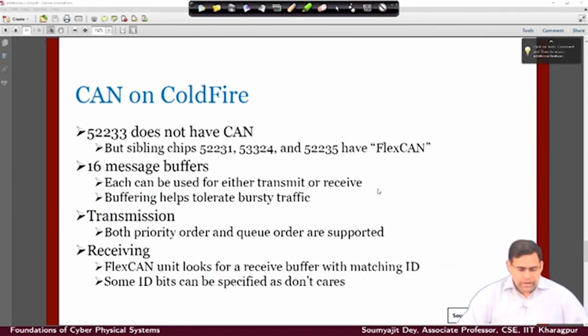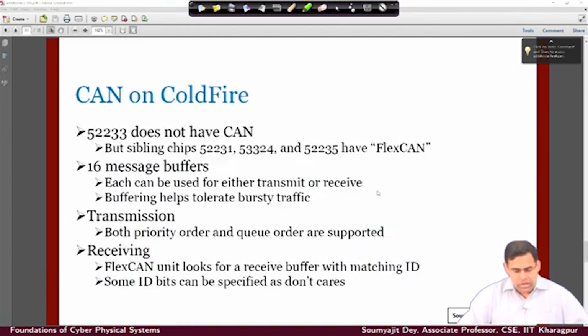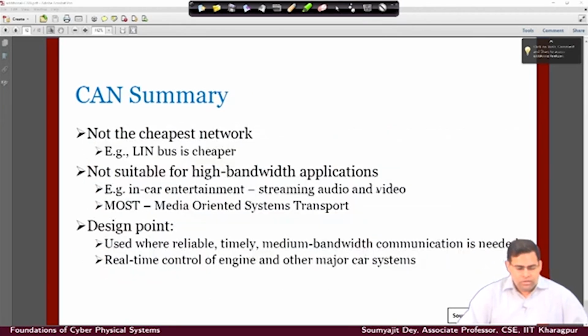Now, CAN is actually used in many standard microcontrollers. I mean the CAN interfaces are provided. That means these microcontrollers understand the physics of the CAN protocol, the different protocol rules and all that. Similarly, there are microcontrollers which understand the FlexRay protocol also, and those transceivers are often attached to such microcontrollers. So in summary,